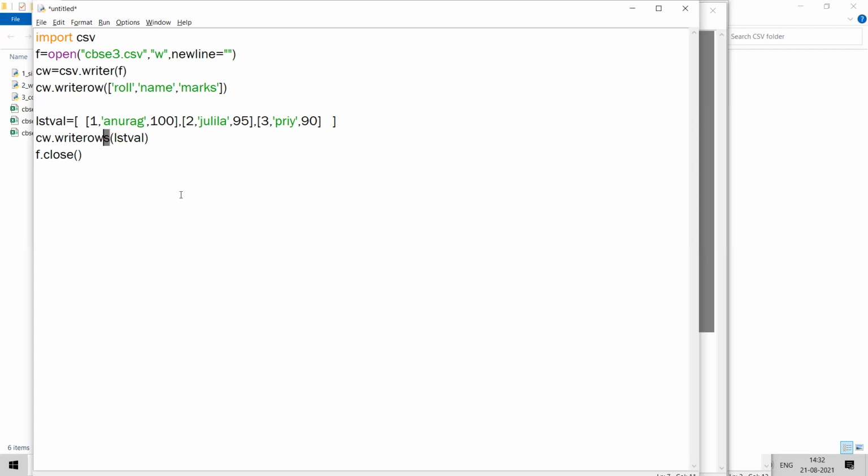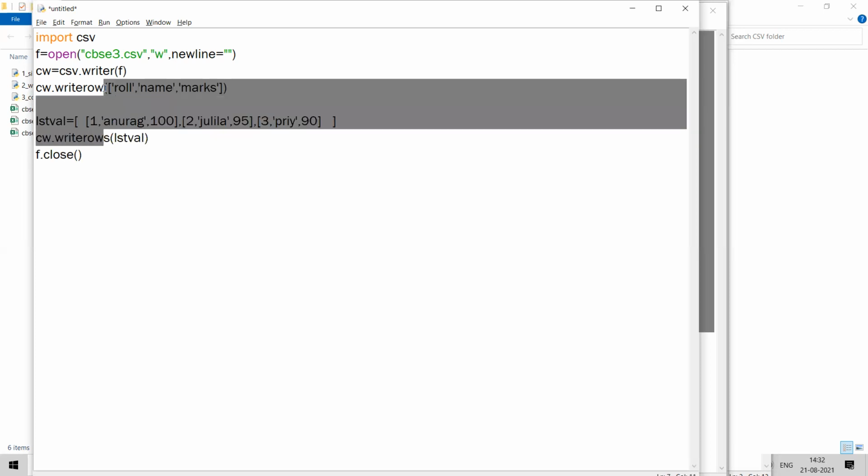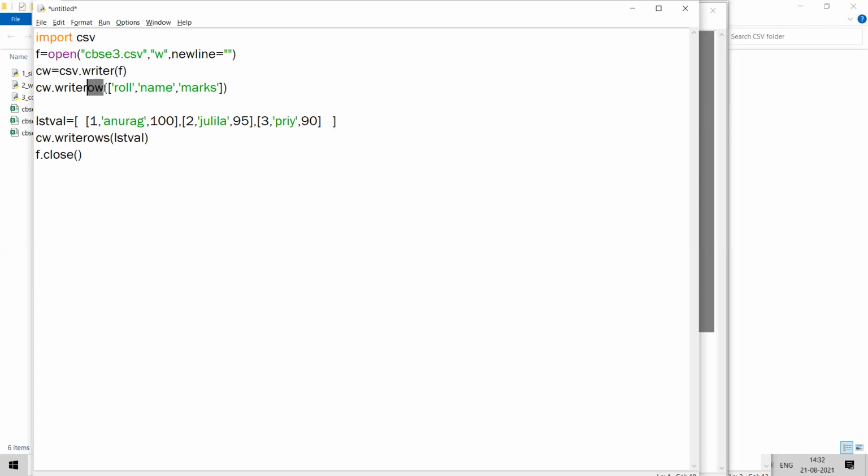Look, one s is extra. Here, one line has been inserted. Here, one line has been inserted. So the name was writerow. Here we are going to insert 3 lines. So the function name is writerows. Okay. So let me